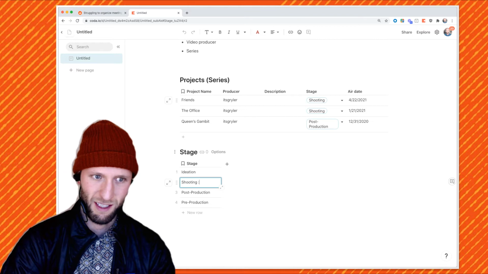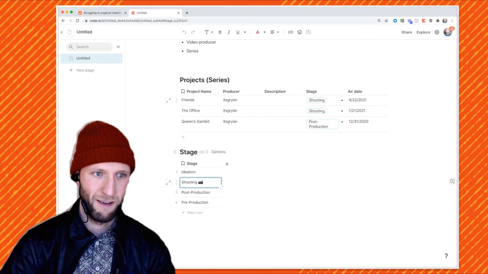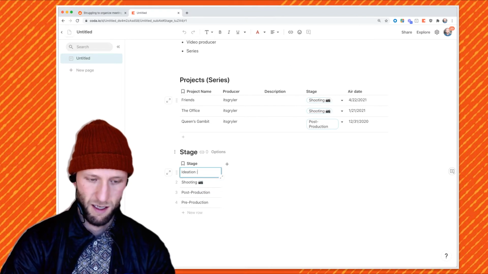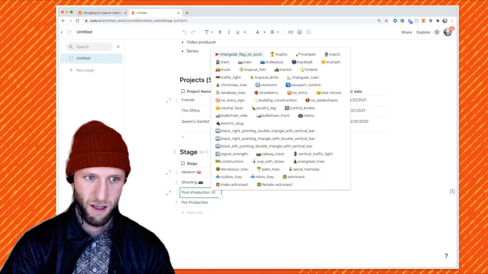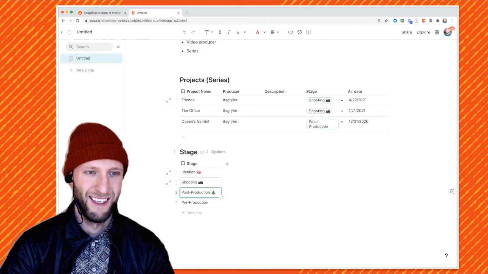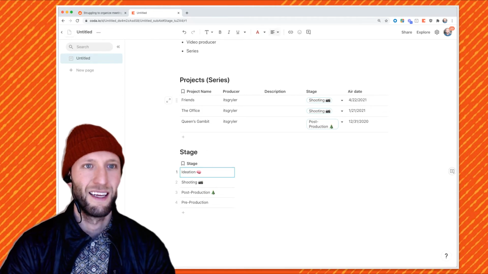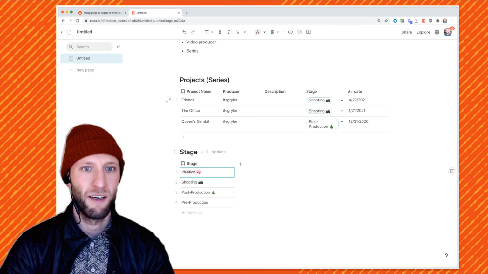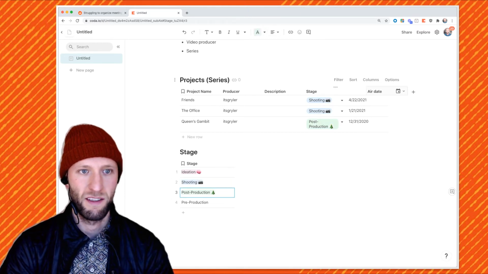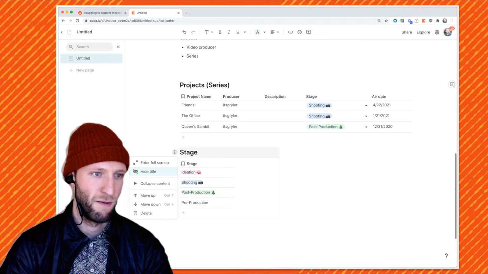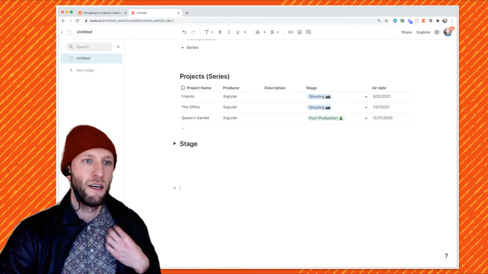And I always like to put things like fun emojis. And maybe there's some colors that go into it as well. Okay, cool. So we can start seeing that pipeline there. I'm just going to roll this up and hide it for now.